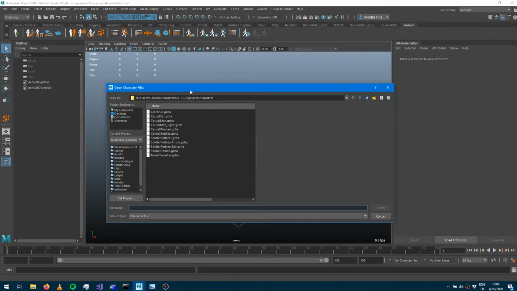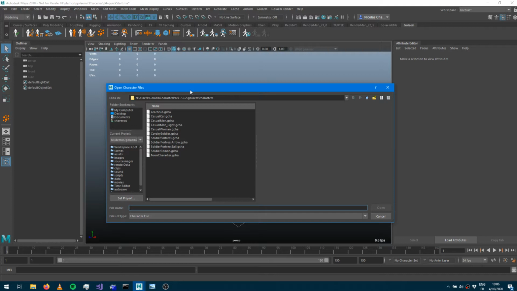So let's say you do a battle simulation. You may want to have different types of characters. One type may be horses, one will be soldiers. Those are going to be different characters you want to have in your scene, and you need to load them into your scene. So here what I'm going to do is use some assets we provide for free within